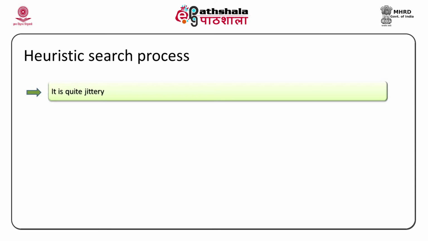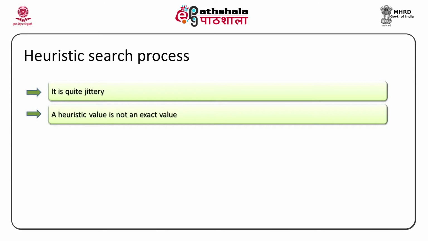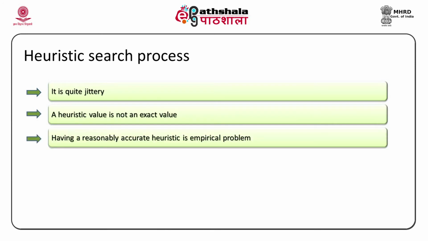In most cases, the heuristic function will not give you the exact value, it just gives you an estimate. There are some mathematical ways of judging how near the estimate is to the correct value, but eventually what we get when we use a heuristic is an estimate of how far we are from the goal node. And when we only have an estimate, it is likely that we try in one direction, we may fail, and we have to try in the other direction. So it has to be that way.